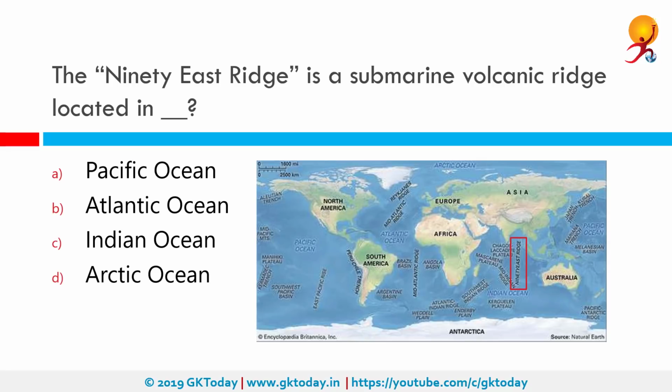The 90 East Ridge is a submarine volcanic ridge located, as you can see on the map, in the Indian Ocean. The 90 East Ridge is a 5,500 km long north-south oriented submarine volcanic ridge in the eastern Indian Ocean that formed from magmatism associated with the deep-seated Kerguelen mantle plume as the Indian plate drifted rapidly northward during the late